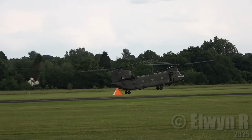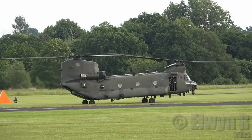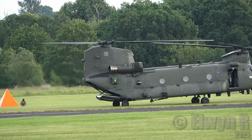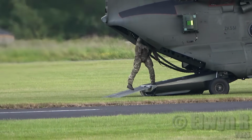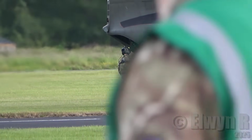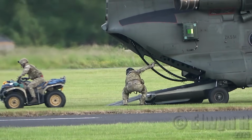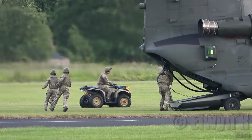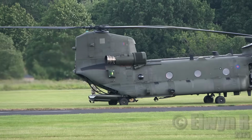On the ramp for you today is Flight Sergeant Dave Sims. Born and raised in Margate, Kent, he joined the RAF in September 2014 as a weapons systems operator and has been on the Chinook force since 2017. He's a qualified helicopter crewman instructor and has accumulated over 2,000 hours on rotary platforms. When Dave's not in work, and occasionally whilst he is in work, he can usually be found on the golf